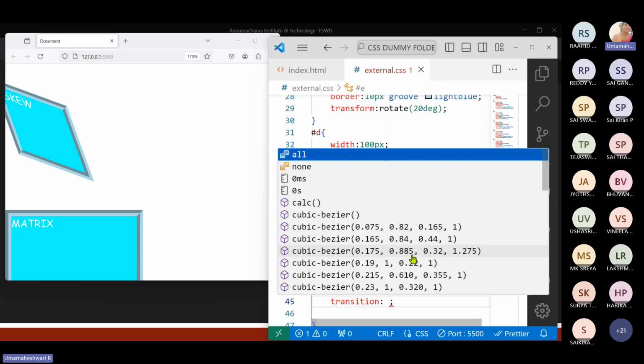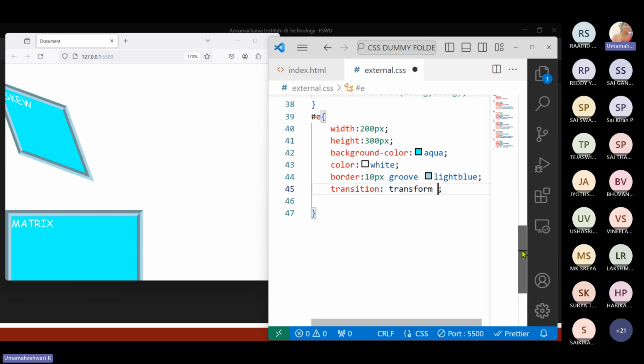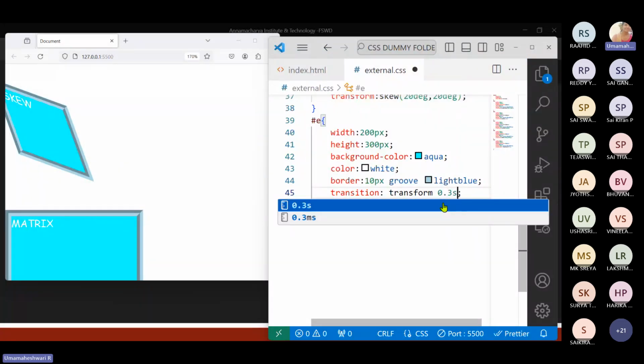And one more thing is the timing function, which can also be included in this place. Okay, so here I'm just adding a transform. So transform is the property I'm going to change, and then this is 0.3, that is seconds, and ease in,